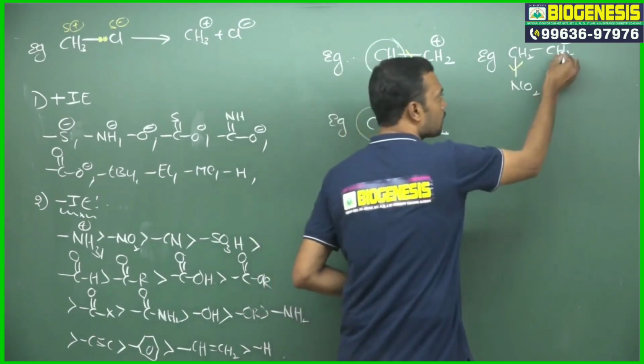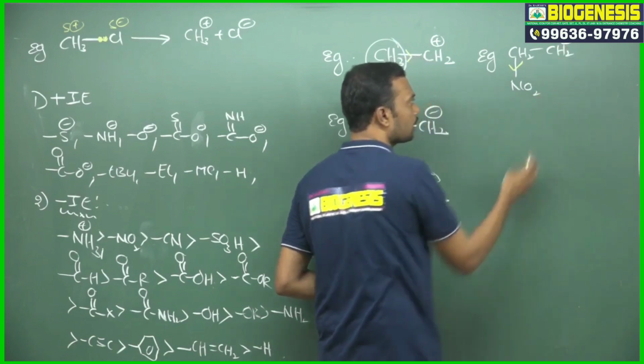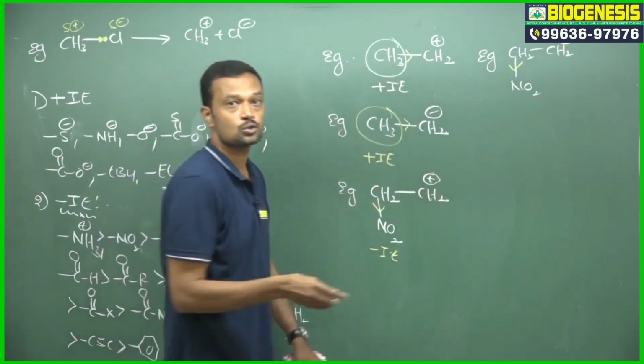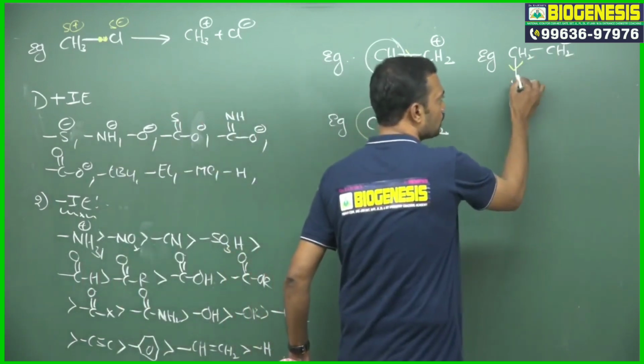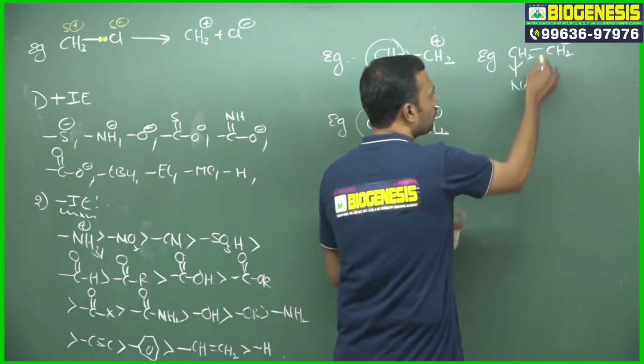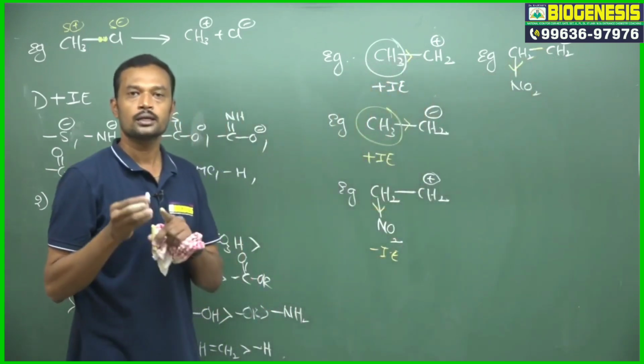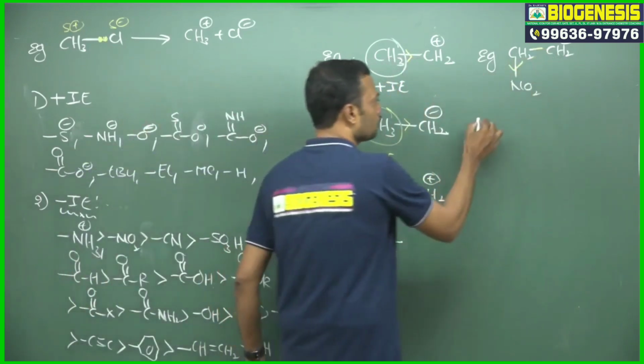Okay. Finally, this is stable. Why? Because here excess electrons are there. That excess electrons are completely taken by nitro through sigma bond. There is no resonance here, no conjugation. It is taking electrons through this sigma bond only. The effect operates like this. Through sigma bond, it can withdraw electrons. Okay. Now, not only this.